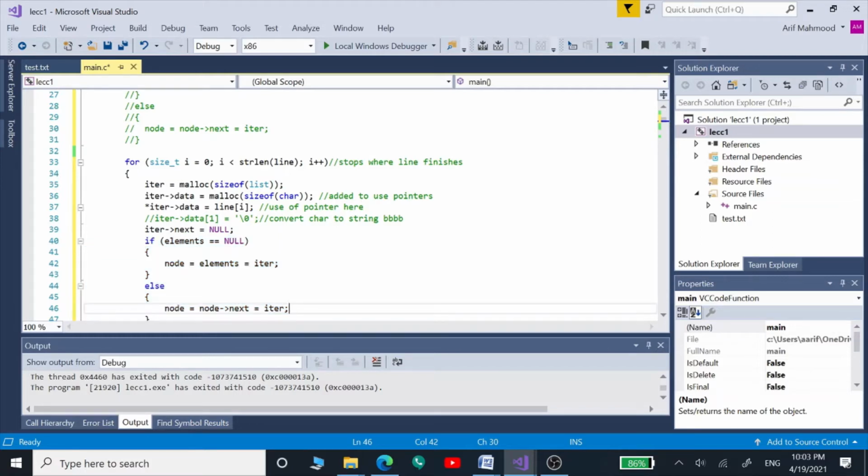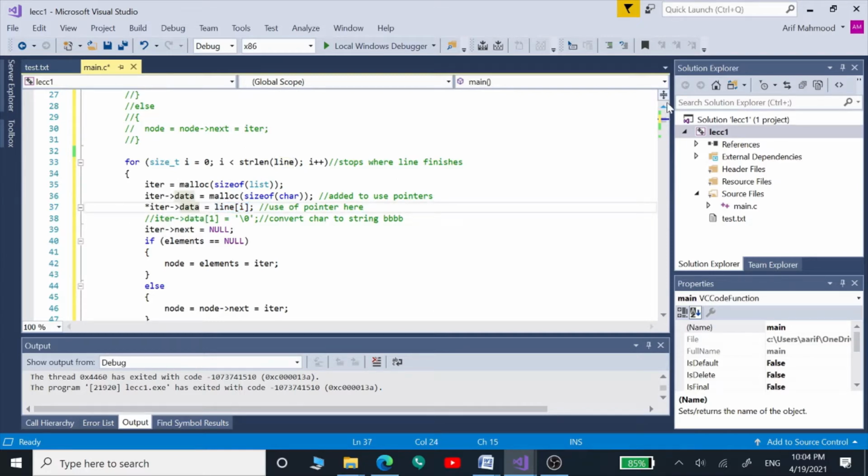This is one of our previous statements, and this is also one of our previous statements. But right now, instead of storing the line variable in our list, we are going to use line[i]. So this line[i] is going to give us our characters, and those characters we are now going to store in our list.